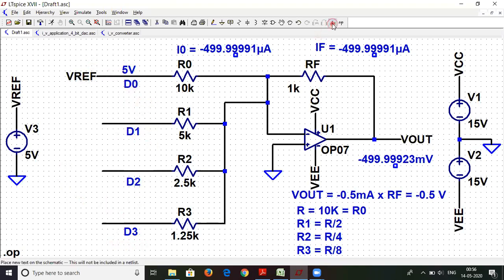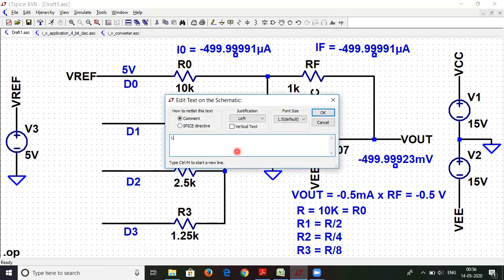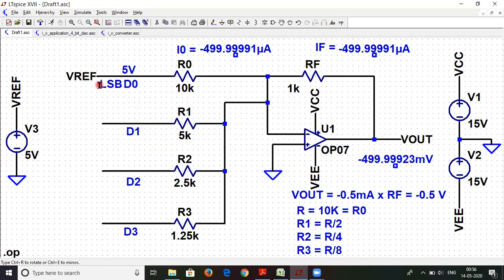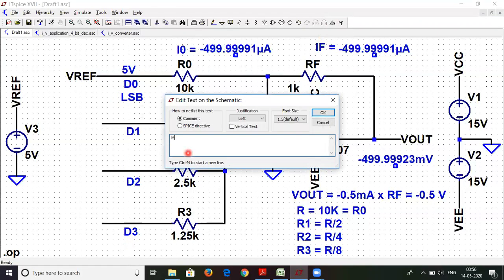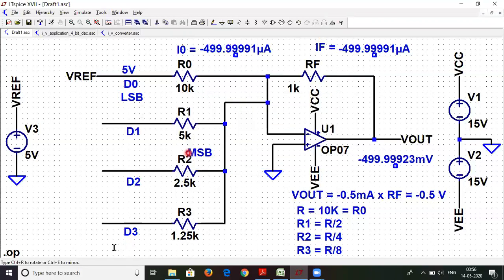So the least significant bit will be my D0 and the most significant bit, MSB, will be my D3. The input will be a digital input from D3 to D0.